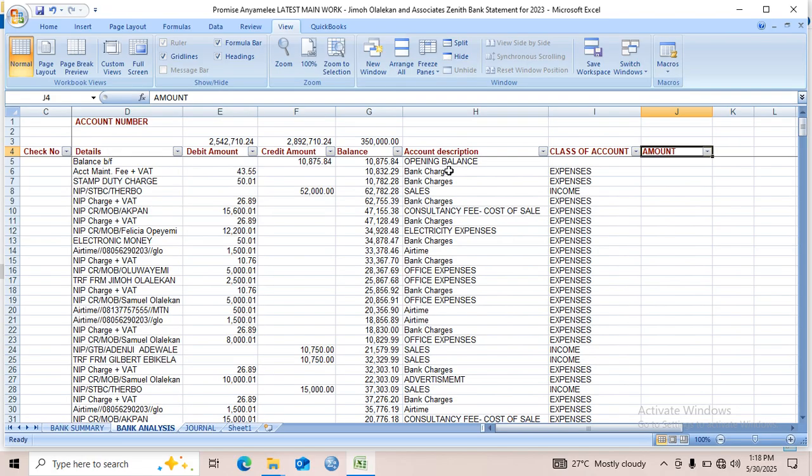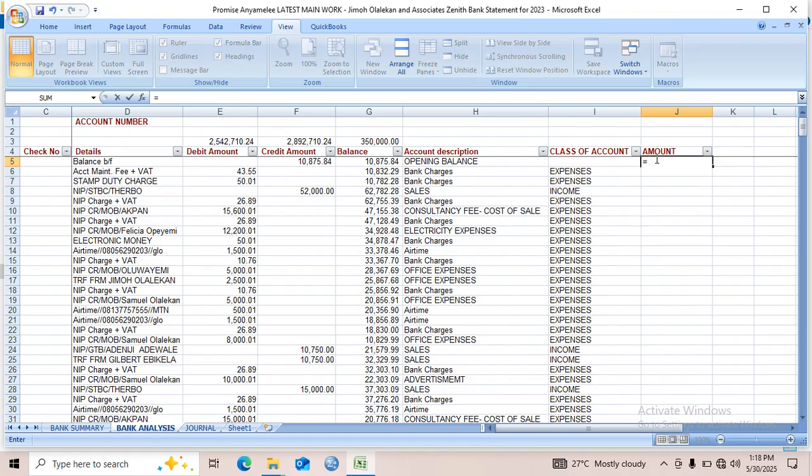So in order for us to get our amount, because when you are doing this on your own, you won't get the account description. I've showed you how to do this. You won't get your class of account. I've showed you how to do this. So the next one there would be your amount, which you won't get with the bank statement. You're going to be the one to do it. So in order to do this, you come here, the first place that there is a figure, that is all here. You come here and you put